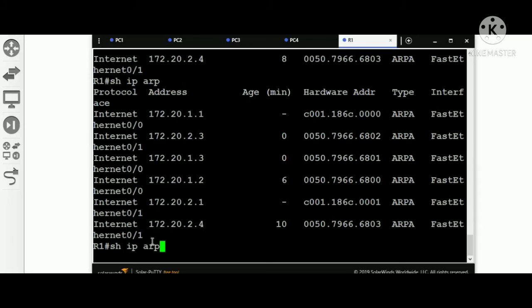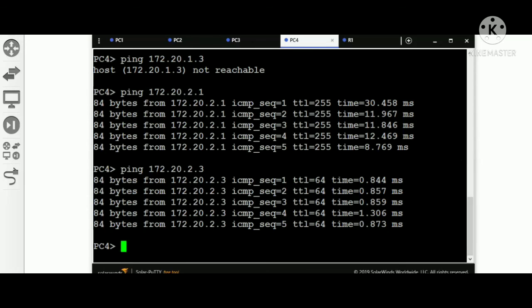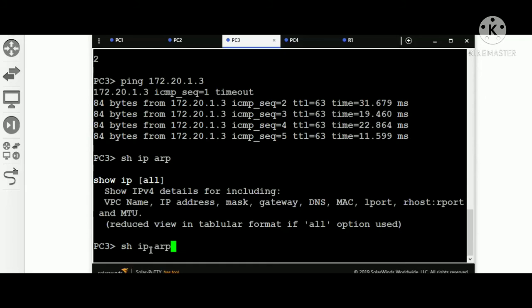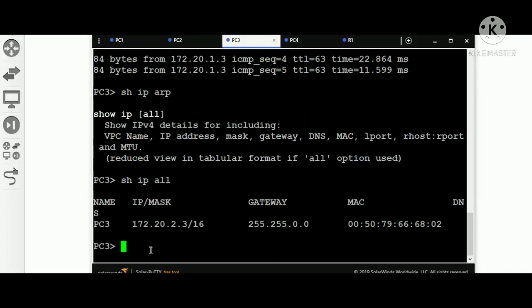Okay, let me show you again. Let's go to show IP ARP. This is not the command. To check the ARP table on the PC, I think I forgot the command.